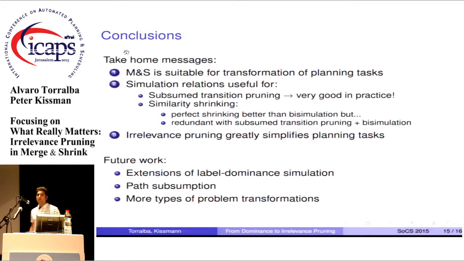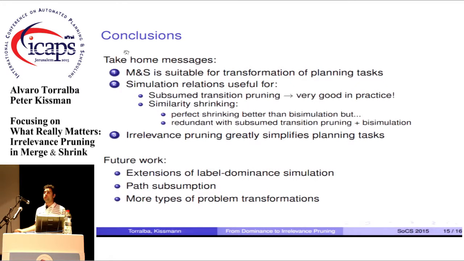Okay, so to finish my talk, the three take-home messages. The first message, I think that merge-and-shrink is a very good framework for transformation of planning tasks, not only to generate heuristics, but for many other applications. The simulation relations can be used for dominance pruning, of course, but they can also be used to perform this pruning inside the merge-and-shrink, and it has quite good results. Similarity shrinking is a nice application with quite nice properties, but less useful in practice. And finally,